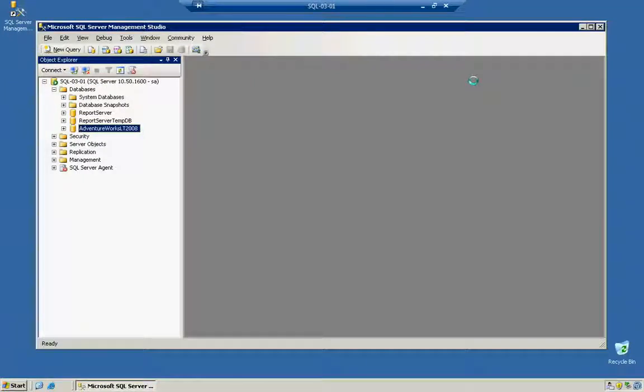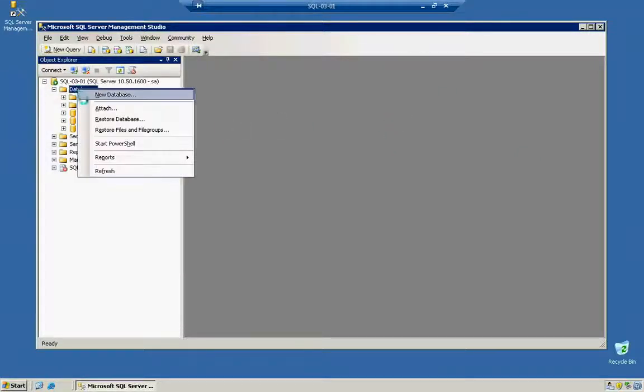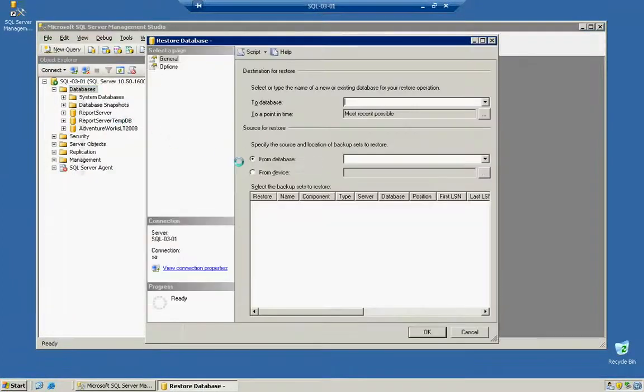So let's imagine we're on the new server and we're going to restore this database, and we're going to restore it with a different name than AdventureWorks LT 2008. So what we've got to do is simply log into our new server as we've done here, right click, restore database, type in the name of our new database, let's say AVLT 2008. We're not going to restore from a database because we're not just simply creating a new structure of the prior database. We're going to restore from a device,